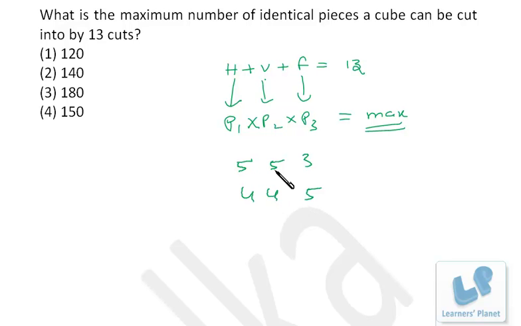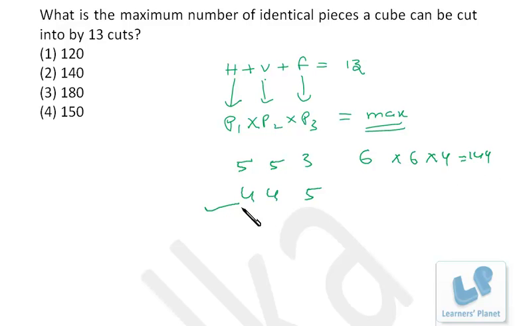Listen to me carefully. 5 plus 5 plus 3 is 13. 4 plus 4 plus 5 is 13. Right? Now, here the difference is more, here the difference is less, right? So you are going to get definitely the maximum product in this case. You can practically see it, right? From 5 horizontal cuts, you'll be getting 6 parts, again 6 and then 4, right? So from these cuts, that is H, V and F, you are getting these many parts. So 6 6s are 36, 36 into 4 is